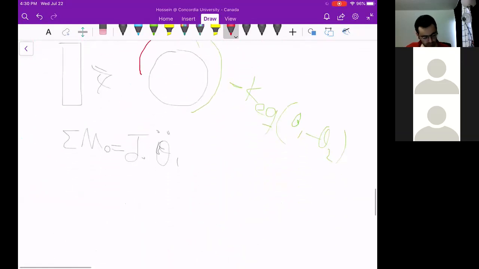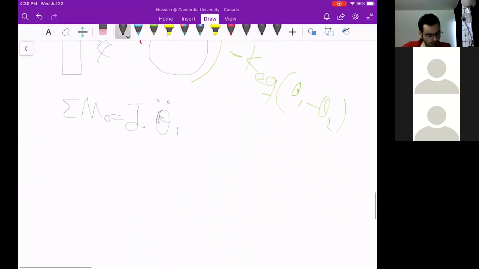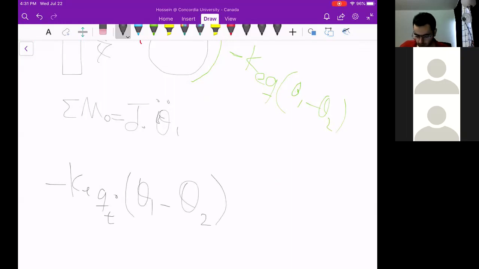Simply, the summation of moments has only one moment: minus K equivalent, the torsional stiffness, multiplied by theta, gives us torque. Theta 1 minus theta 2, the relative angle,